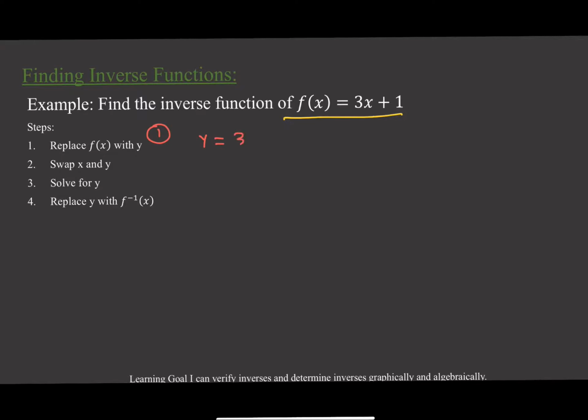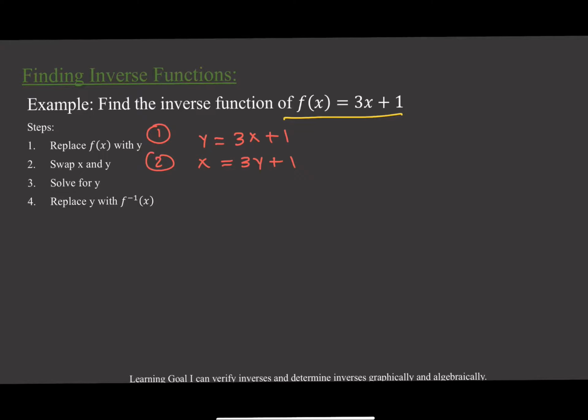So normally our functions are written in function notation, and that's the preferred way to work with them. But when you're working with inverses, it's just a little bit easier to switch it back to y. So now step 2 says swap your x and your y values. So if you think back to what we were doing previously with ordered pairs and their inverses, where we just basically flipped or switched the position of those two, now with our equation, we're just going to change the position of x and y. And so here we're going to end up with x is equal to 3y plus 1